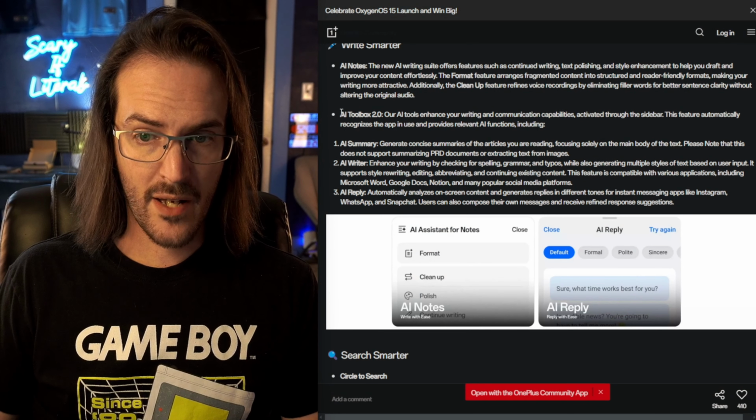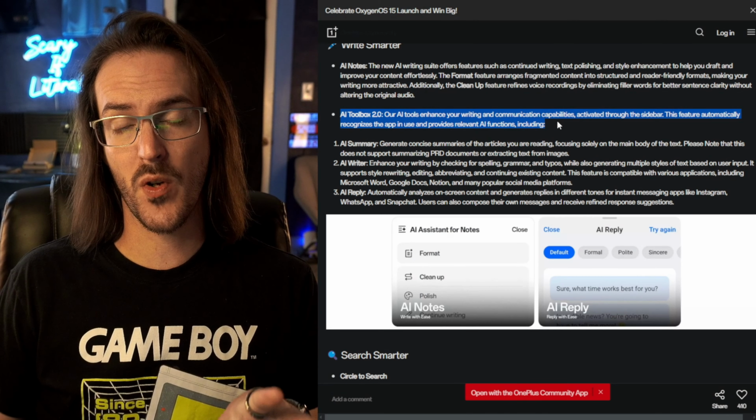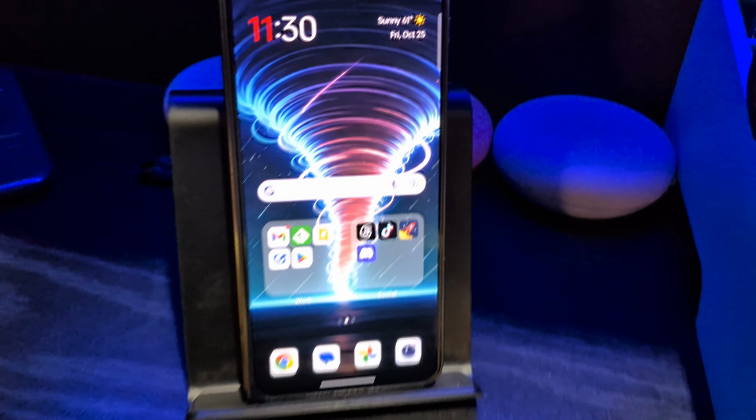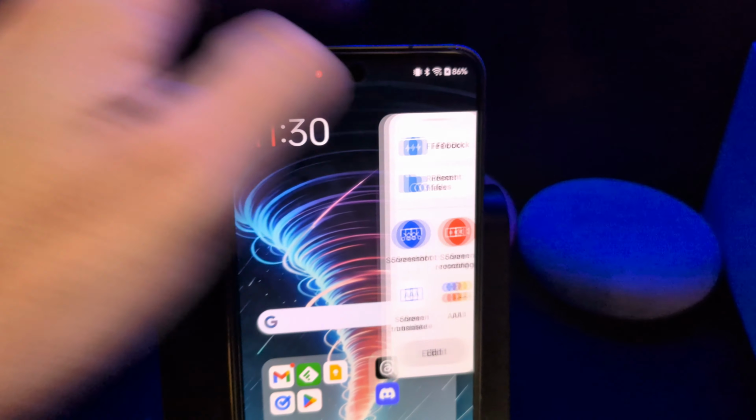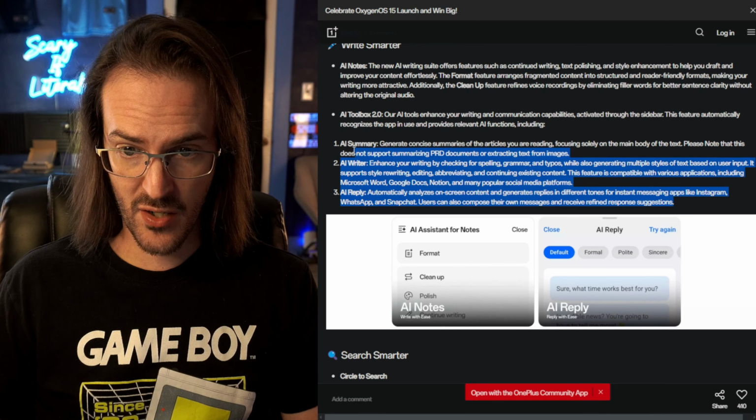I think that's probably how I would prefer it. Although, who knows, maybe I'm wrong. We also have AI Toolbox 2.0 now. This actually functions within the smart sidebar on OnePlus devices. I normally keep the smart sidebar turned off. Maybe I'll have to turn it on now because what's going to live in there is a series of different